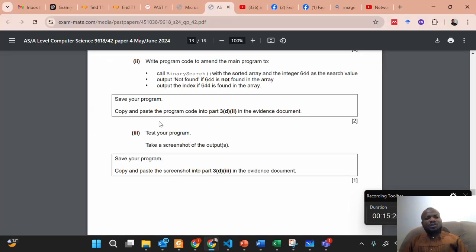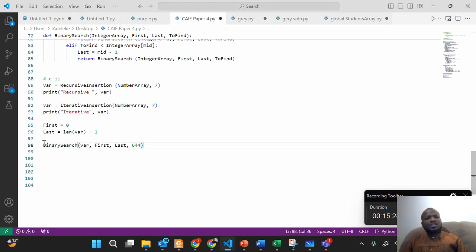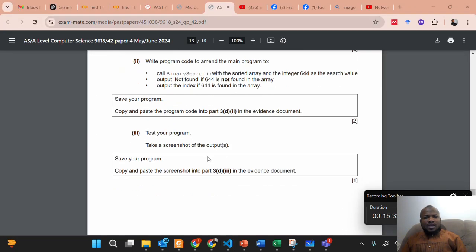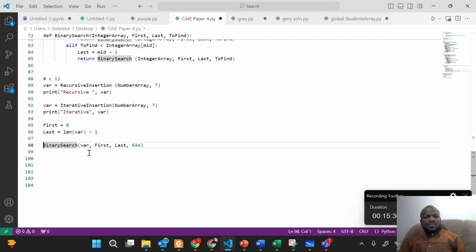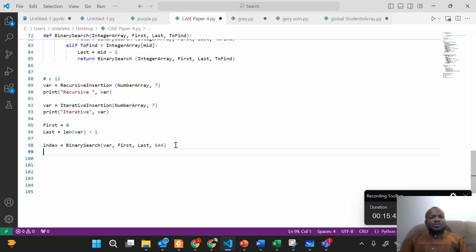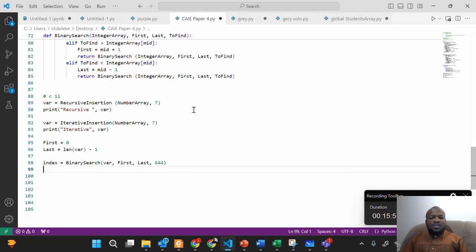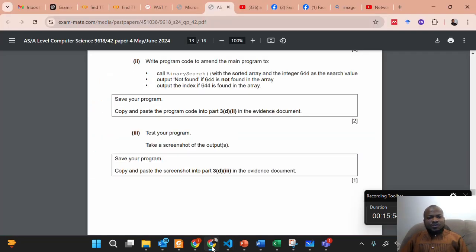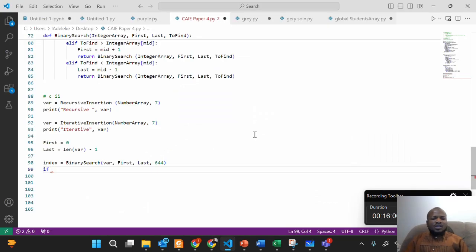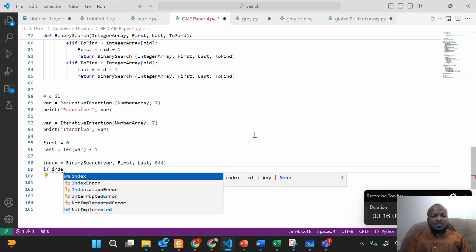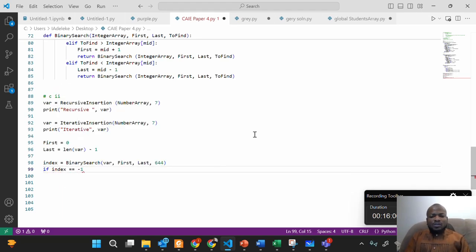Okay, it will return a value. Can you remember? So that means that I need to save this to a variable because it will return a value. Remember, we are asked to return the index, right? So we say index is equal to, so whatever is returned by this function will be saved in index. Remember, index can be a value or minus 1, right? Then we say if, because it says output not found if that value is not found. So we say if index is equal to minus 1, then we say